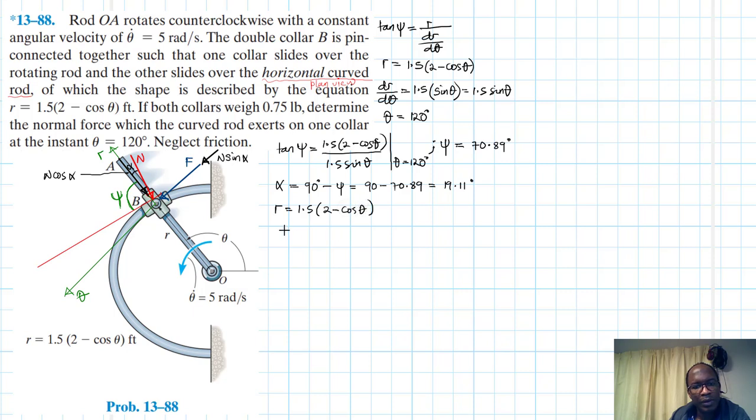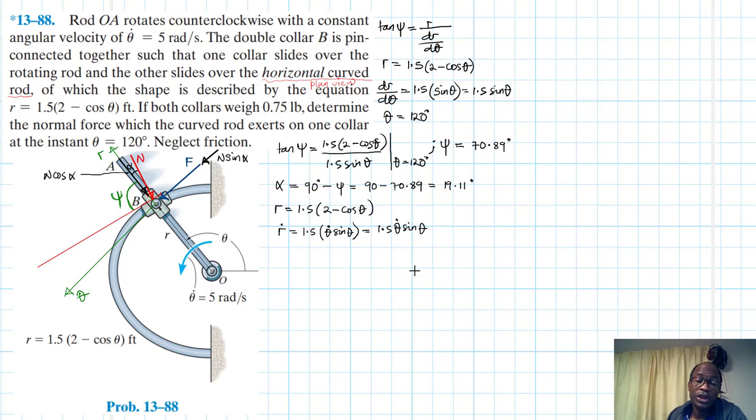Okay, and therefore r dot is just going to be equal to this. R dot is a derivative of r with respect to time, so we factor out 1.5, 2 becomes 0. Then derivative of cos becomes minus, therefore positive, so we'll have a theta dot sine theta, which is just equal to 1.5 theta dot sine theta. Okay, here we are using